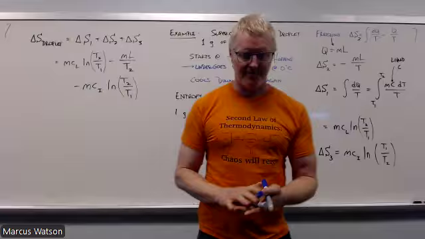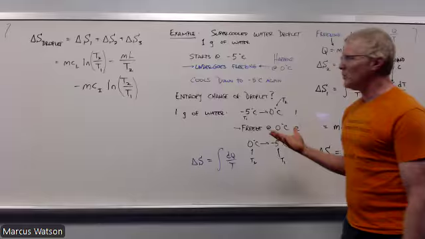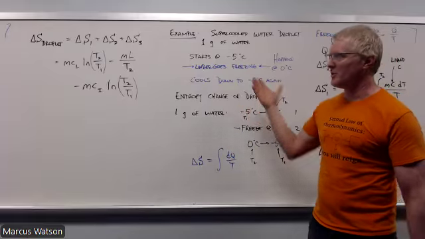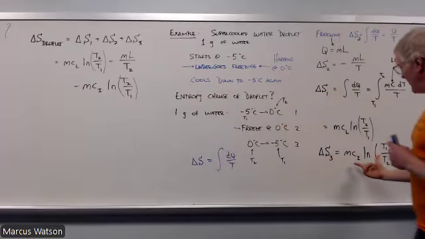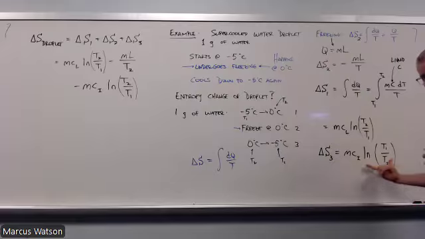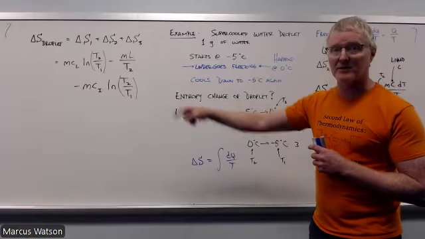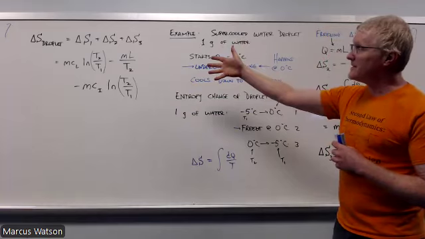I really have an issue. This is just me doing this. I don't want to add things that I know are already negative. I'm just going to pull the minus out and work with the absolute values of it. So it says this, but I know that that log is a negative number, so I'm going to flip the ratio and pull the negative explicitly out to the front here. And so we can calculate these numbers.